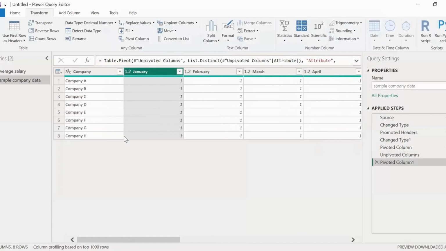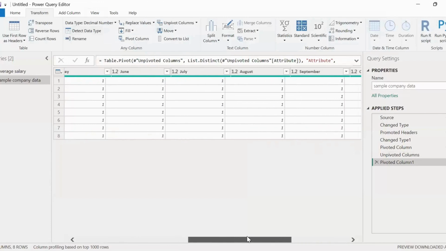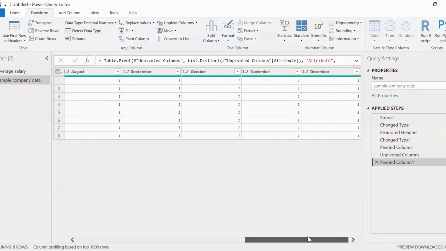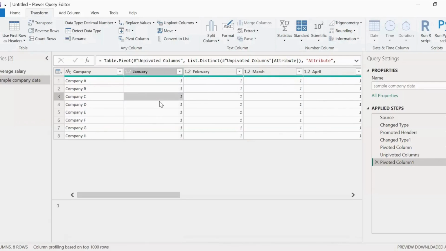Now you can see that I was having the first column as the company. The second column was month, and there the months were repeating for every company. So if I had this company A, they had this month January, February, March, April, May, June, July, and till this December, I had all these months. And for each month, I had this sales value. So the sales value would be coming over here. Since the aggregation that I chose was just the counting, it is not showing me the values of the sales